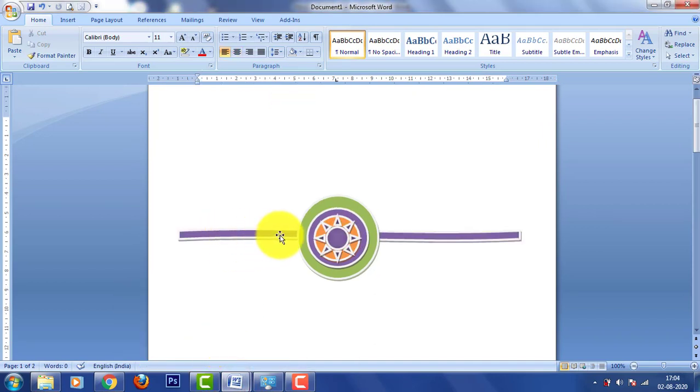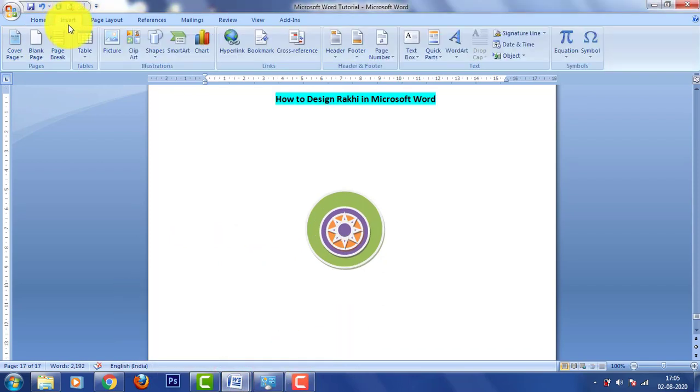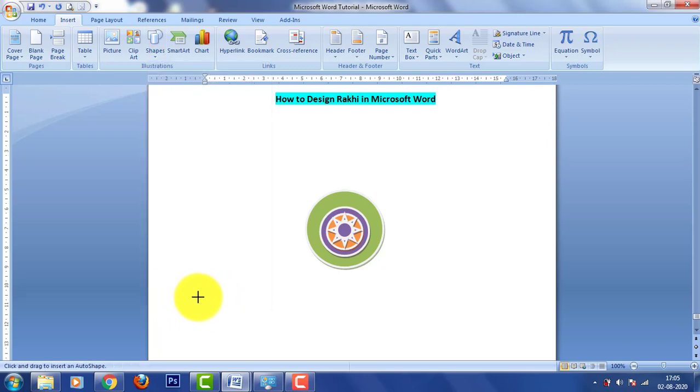Now for the strap, select the Insert menu tab. From the Insert menu tab, select Shapes from the Illustrations group. Over here you will find the Stars and Banners category. From here select the wave shape. The mouse pointer changes to a crosshair.